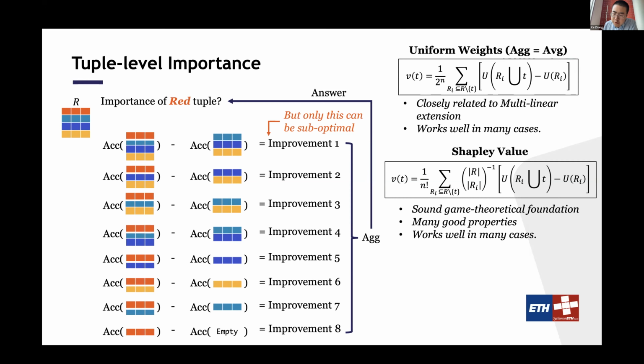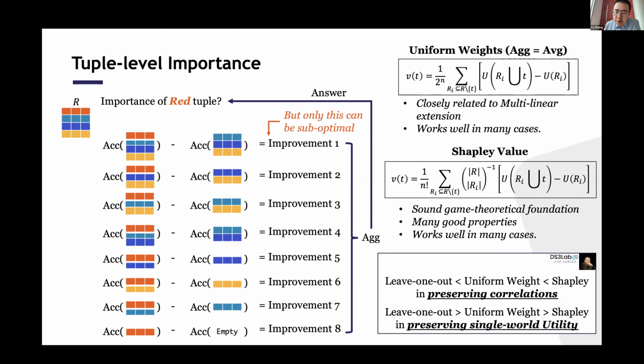So if you look at these 3 different importance notions, there's actually some interesting relationship between them. It's something that our fascinating student just proved last week. If you look at these 3 different notions of importance together, there's actually a very interesting trade-off. Sometimes you should use uniform weight, and sometimes you should use Shapley, depending on different things. But in many cases, they are almost always better than this leave one out notion of importance.